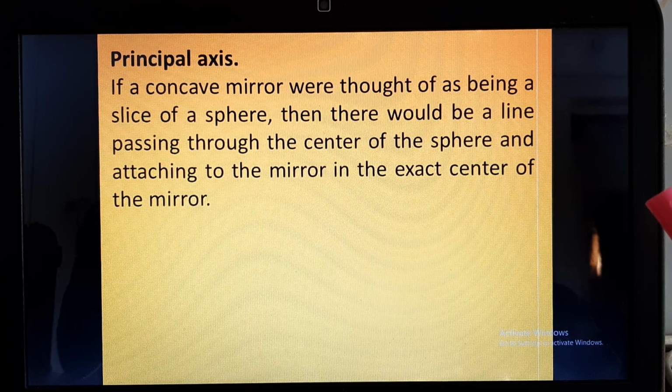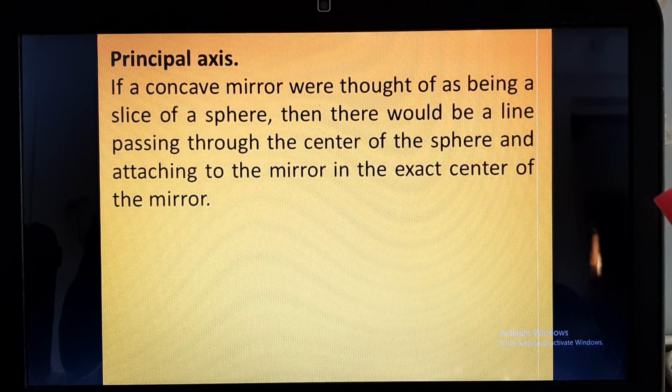We are saying again and again that the concave mirror or the convex mirror are spherical mirrors. So if the concave mirror is a slice of the sphere, it is a small thin slice of the sphere, like you have orange peel. So when you peel the orange, there is one side inside and another on the outer side. So this sphere must be having some center like every other sphere or circle.